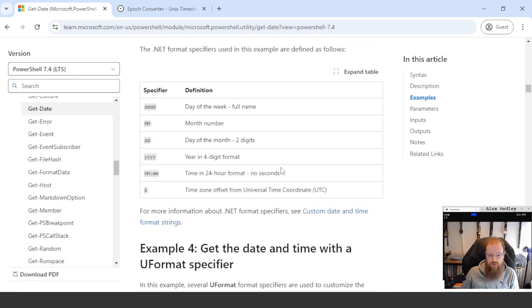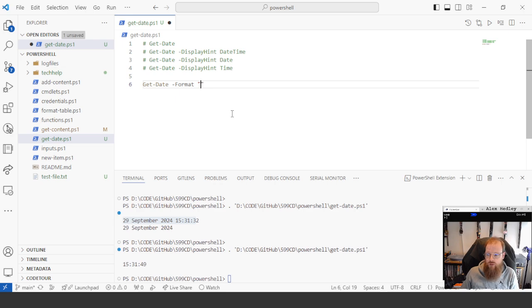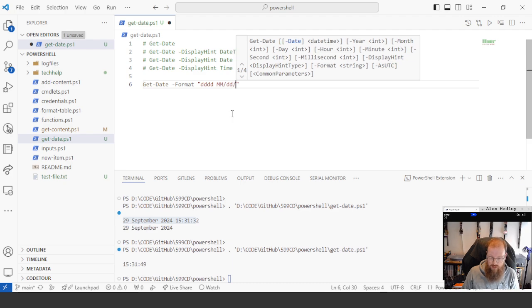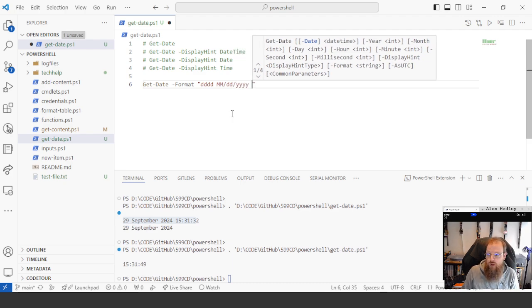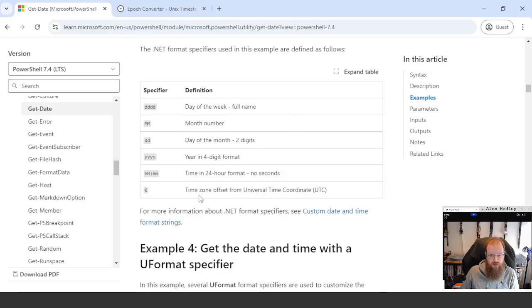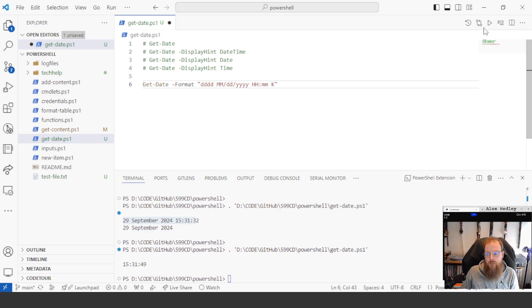This should be quite familiar to you at the minute, but if not, have a look at the docs. So we're going to put the full date, date of the year, and then hours and minutes, and we also want K for this. As we can see, the time zone offset. So if we run that,